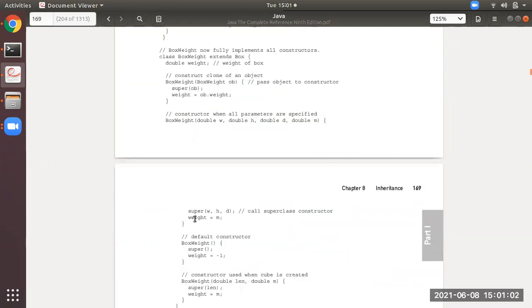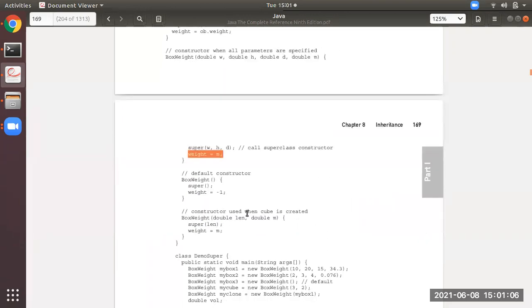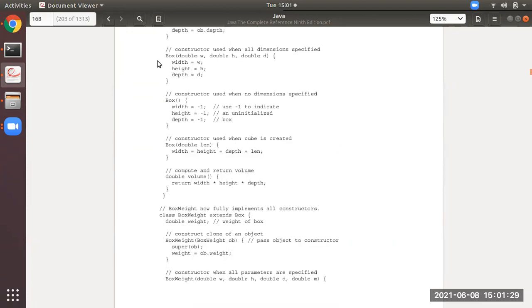Then after that, it will return back to this line. Now weight will be equal to 34.3. I hope you all have understood, students. I'm repeating again. First of all, myBox1, this is a constructor call with 10, 20, 15 and 34.3, which will call this constructor with these 4 parameters W, H, D, M. Then when it comes inside super(W, H, D), meaning 10, 20, 15, from here the call will be given to this particular constructor, that is the parent class constructor with 3 parameters.